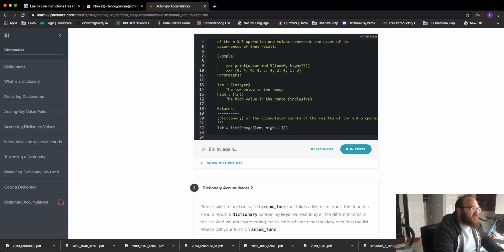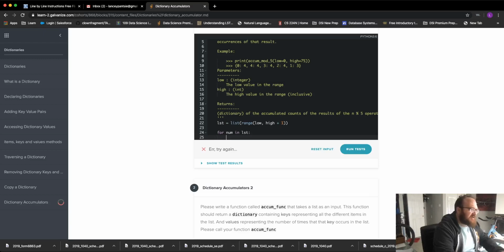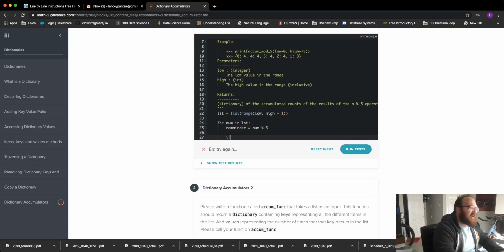Now what I need to do is iterate through that list. So we'll say for each number in my list, let's say my remainder is equal to num mod 5. And then I'm going to say if my remainder is not in,